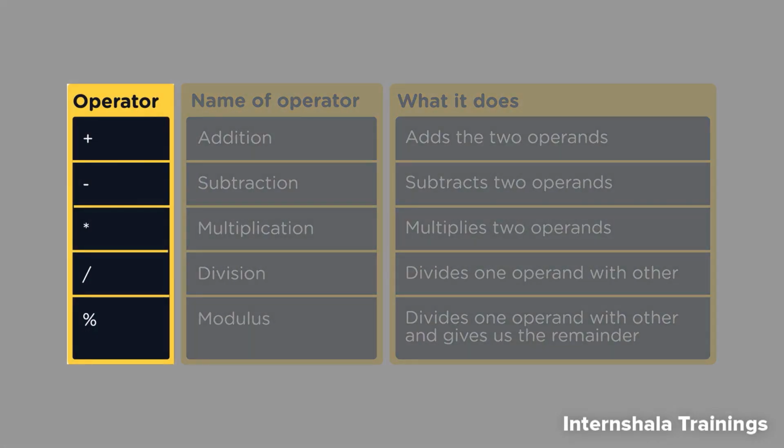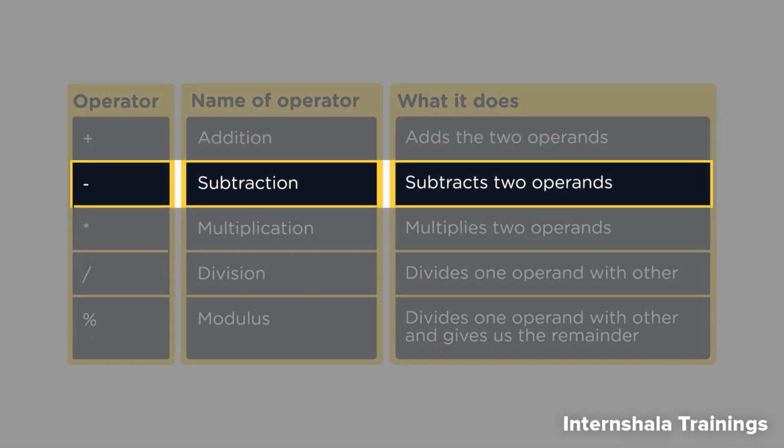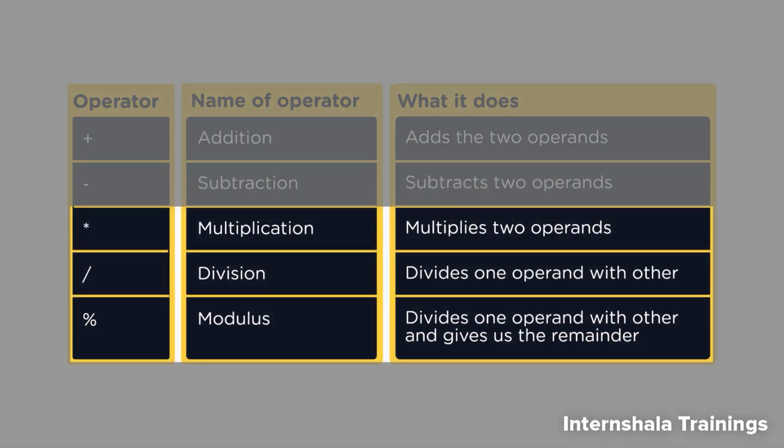Remember these operators that we used in maths? How much we loved them. Nah, just kidding. So here we have the addition operator, which adds the two numbers a and b. This subtraction operator subtracts b from a. And the rest of these operators also work just like they worked in maths.